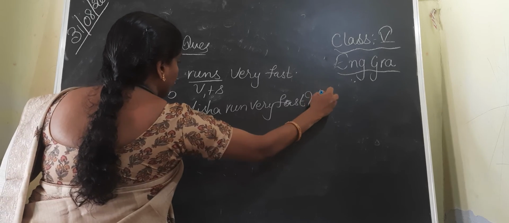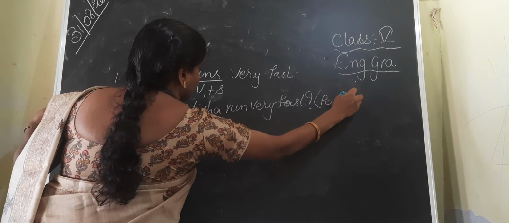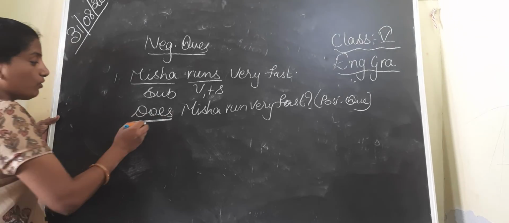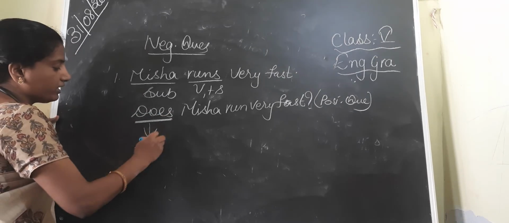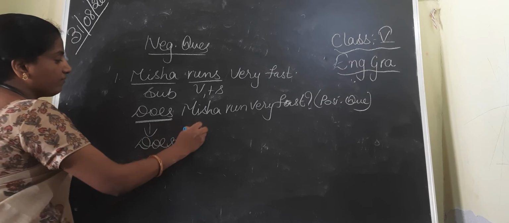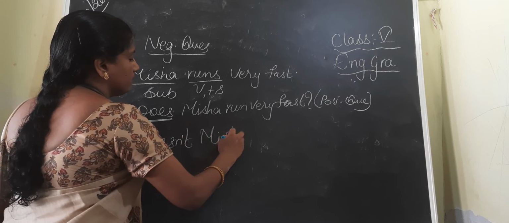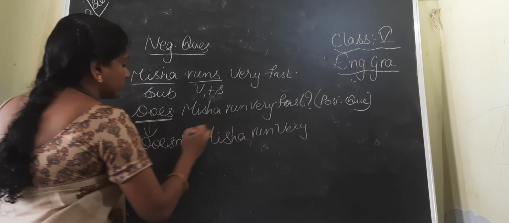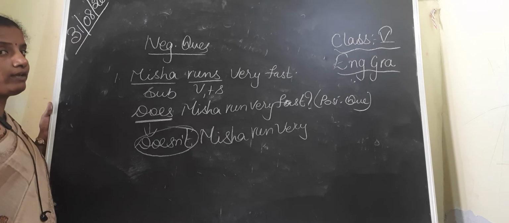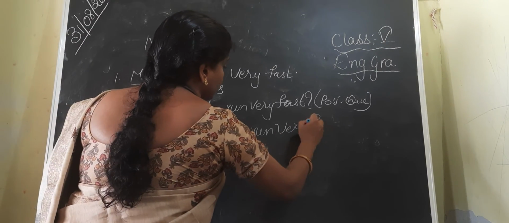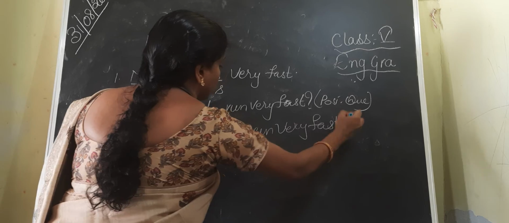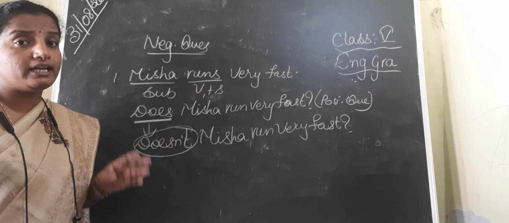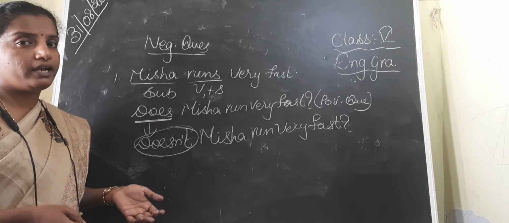What is this question for? Positive question. Okay, positive question. When I am changing this word into the negative form, then the given form is known as a negative question. Okay, remaining all same. The first question word should be in the negative form, in the negative sense. So that form is known as negative questions. Rarely they will ask, but you should know what the negative question is, how to frame the negative questions.